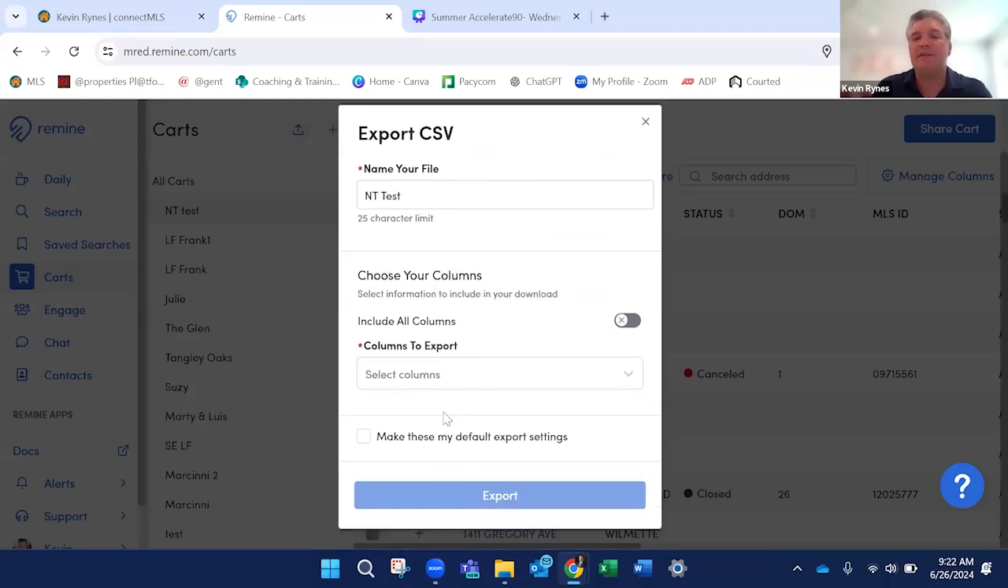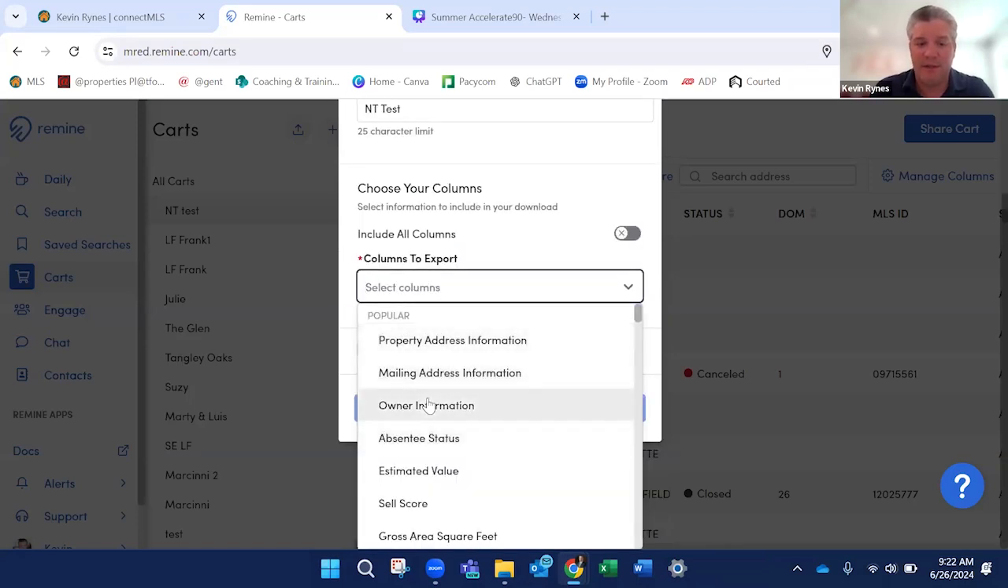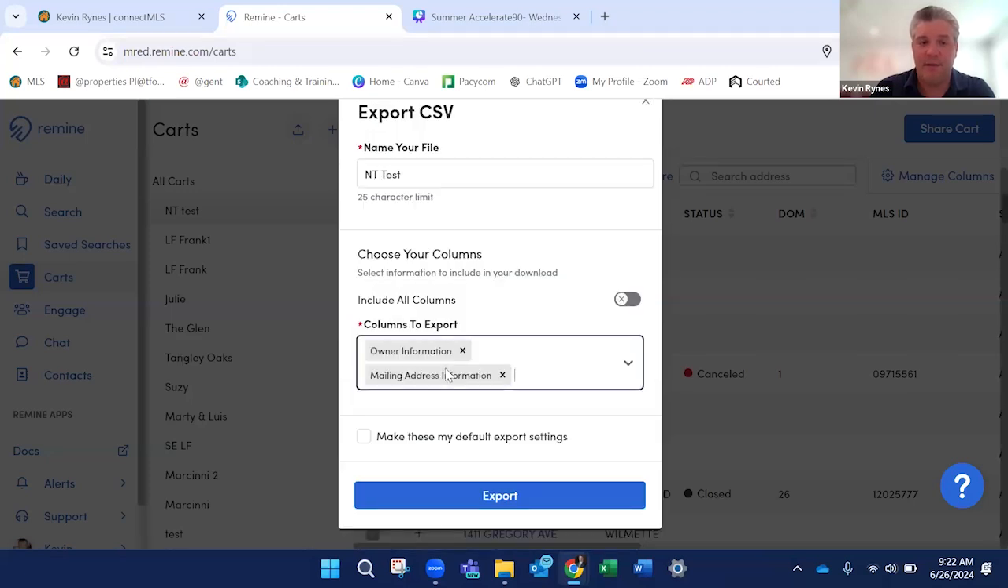Okay. And then it's going to say, what do you want? What type of information do you want to pull out of this? Okay. So now I can select, show me the owner's name and information, right? So I'll say owner information, and I'll say, show me mailing address information. Okay. When I'm done with that, I click the export button, and it's going to send everything to the system